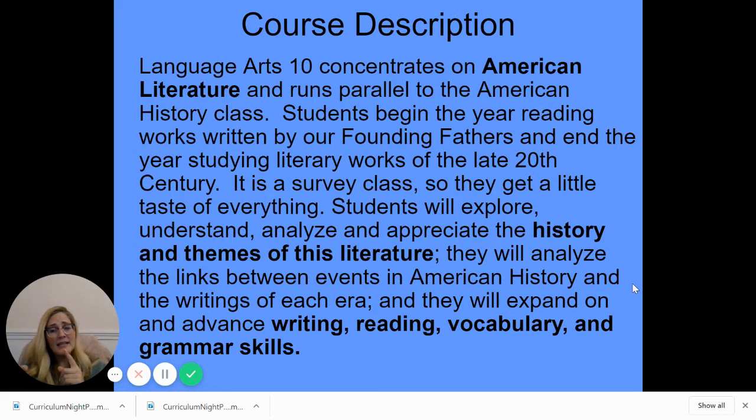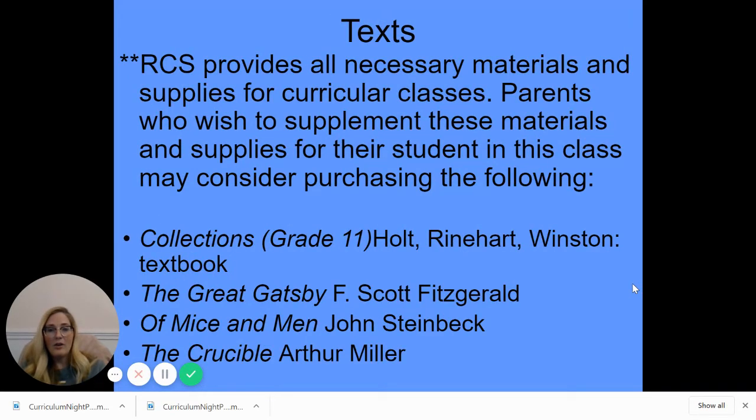They find those links. So clearly it's a lot of reading, but they do some writing as well. We're not just going to take the year off from writing. Typically we try to get vocab in every few weeks. We're not sure how that will look just yet in remote learning, but clearly they're going to be learning new vocab, and their e-textbook is really wonderful about highlighting new vocabulary for them as well. And as they do their writing and practice that, they're touching on grammar as well.